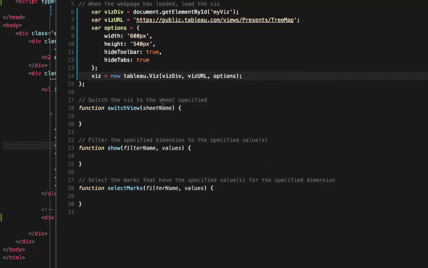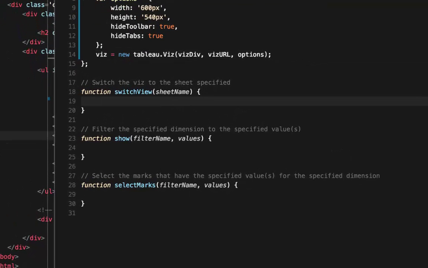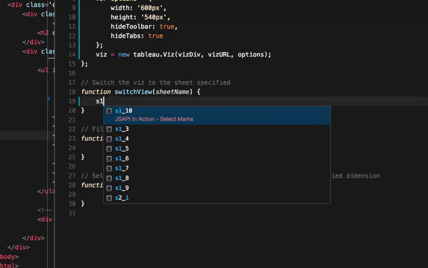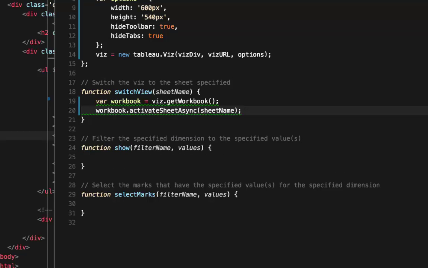The first function we'll write is called switch view. This is just a function that allows us to click on switch to tree map, switch to line chart, and we want it to switch the tab. The code for that is relatively simple, but first we need to get the workbook. So we have our viz object in that variable called viz. We can't call activate sheet on that viz object. We have to call it on the workbook. So the first step is to call viz.getWorkbook,